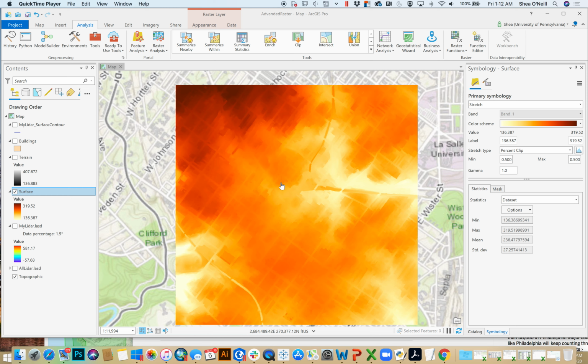This video is connected to the November 13th class where we're learning about advanced techniques in raster. And it'll close out our three-part section on LiDAR, which, if you'll recall from the previous videos, is